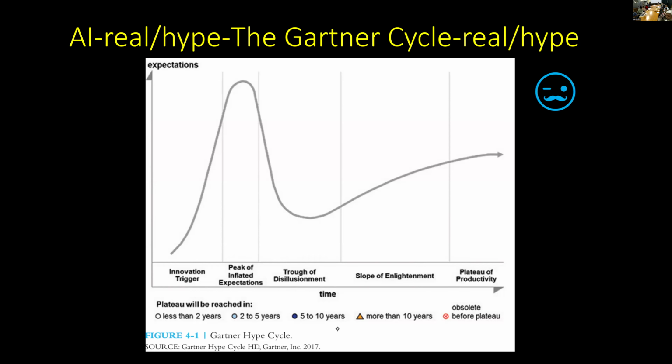So this is one of the first slides I presented on the first model. It's called the hype cycle, the Gartner hype cycle. So we have a new ophthalmoscope with AI. Expectation is very high. Then after some time, oh, this was a useless thing. Then after some time,